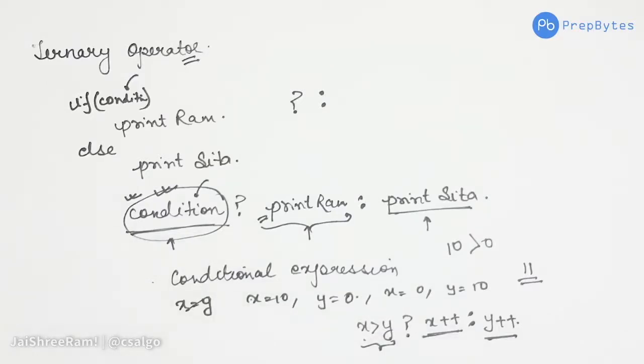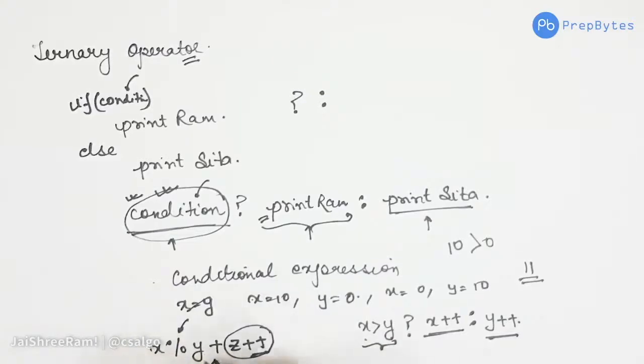As I said before, in an expression we have several operands and operators, like x divided by y plus plus plus z plus plus. So here we have this operator, and this operator. How do I know whether I do this operation first, or whether I have to do y plus z, or first do x mod y? This is decided by the precedence of the operator plus the associativity. The associativity is generally from left to right like this, but there are cases when we have right associativity as well.